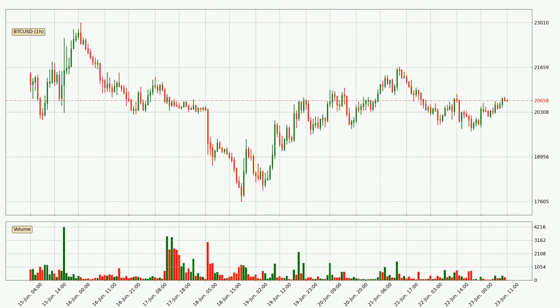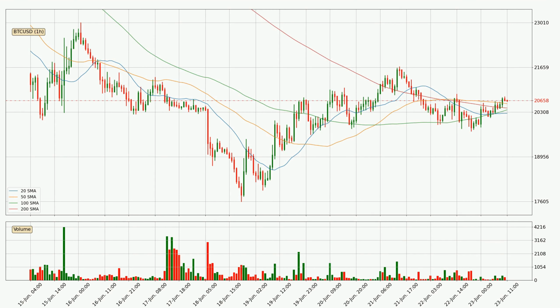If we look at the hourly time frame for Bitcoin, the price went up only slightly with around 0.9% in the last 24 hours, with a current price of $20,658. Looking at the hourly simple moving averages, for this time interval, the current price is above all of the simple moving averages, which looks bullish, and you should watch if the closest SMA, the 50 SMA, could remain stable or the price will dip below it with the current price of around